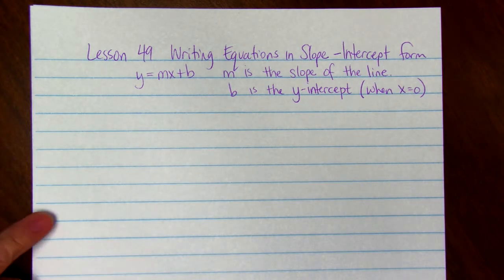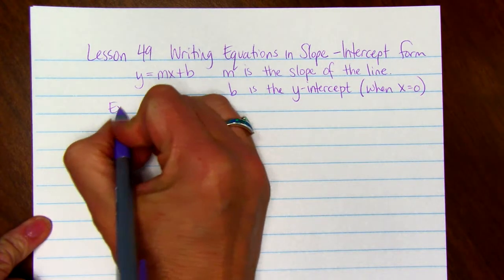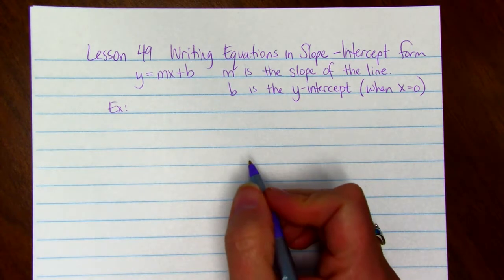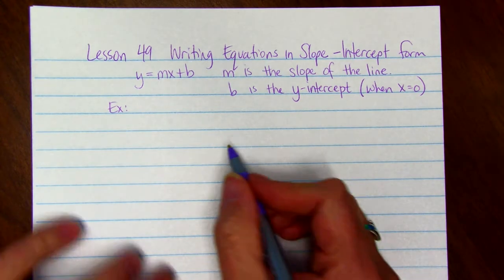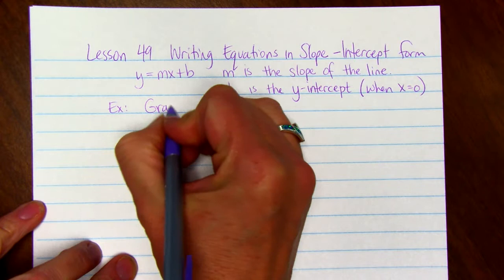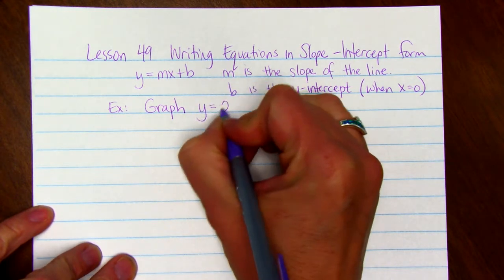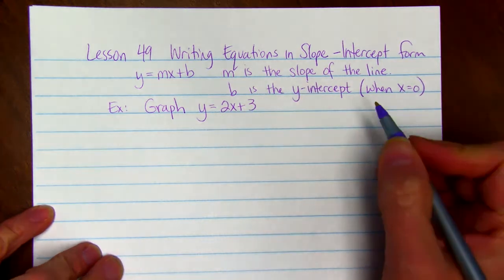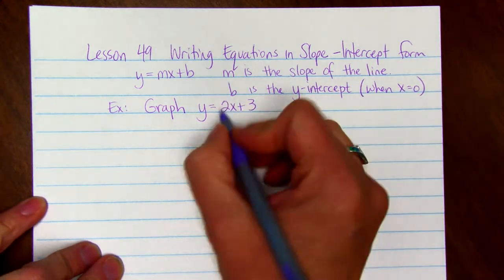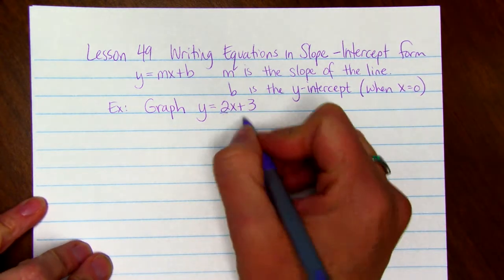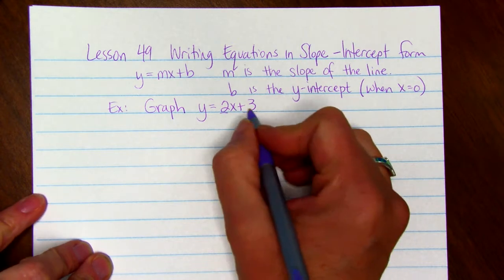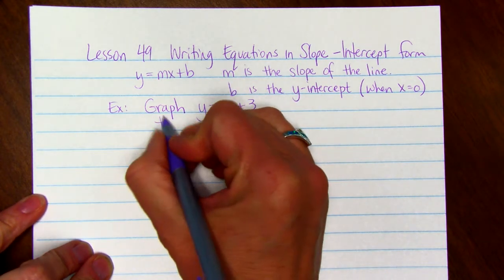So let's give an example. There's a way to graph an equation that's already in slope-intercept form. So if we were to say graph y equals 2x plus 3, we're going to find the slope, which is the coefficient of x, and the y-intercept, which is (0, 3). So the slope